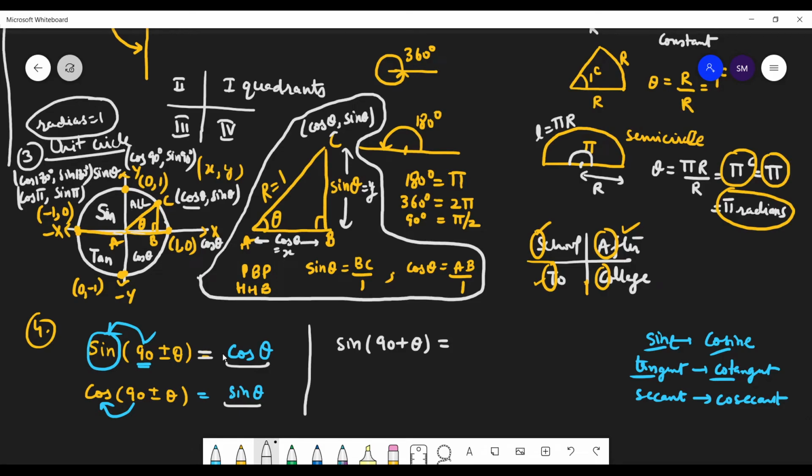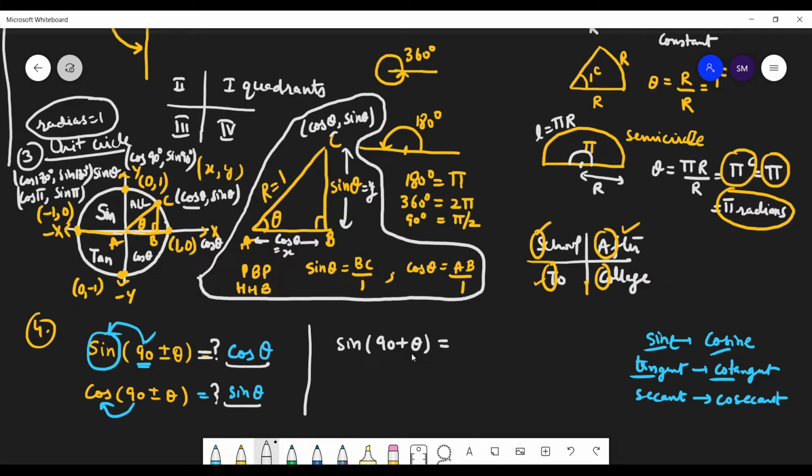So what will be the sign? Now the sign depends on, that is why I'm writing it separately. The algebraic sign depends on, so this is 90, so simply write cos theta. This is 90, so sine, cos will change into sine, and here also cos will change into sine. Okay, so the same thing I have just written, but now which quadrant is it?